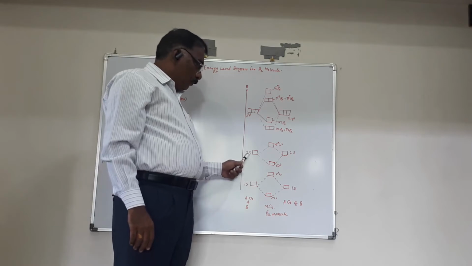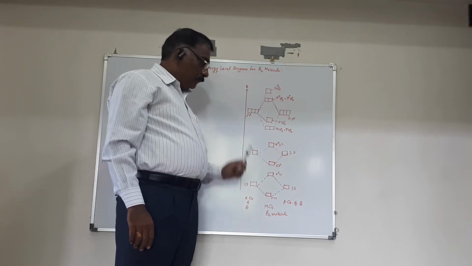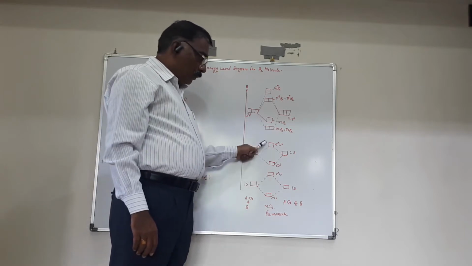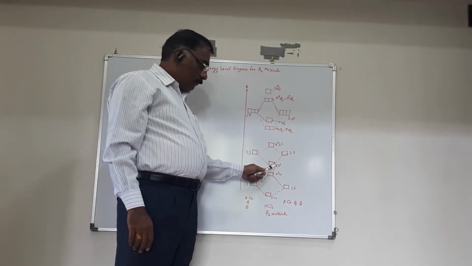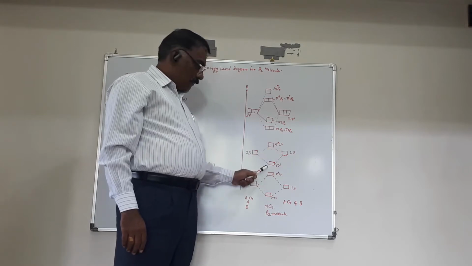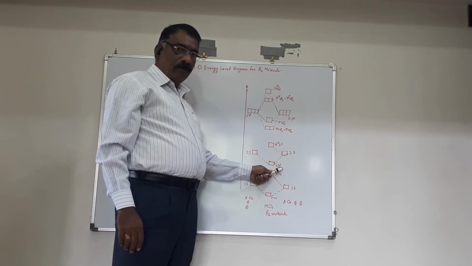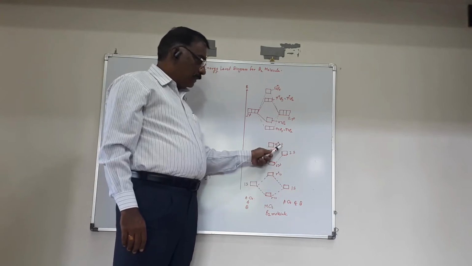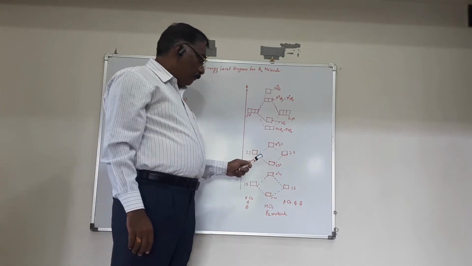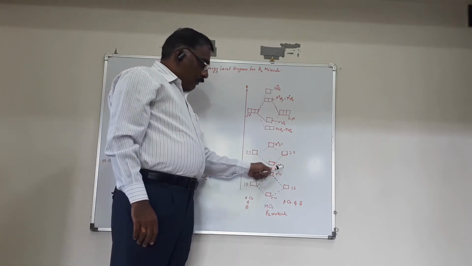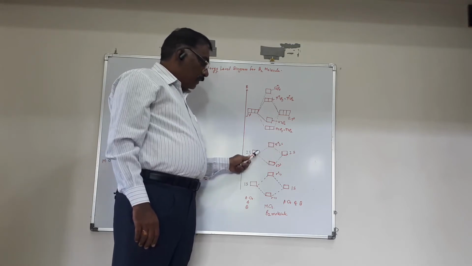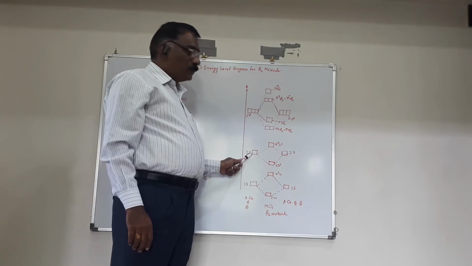When there is combination of the 2s orbital of the first boron and the 2s orbital of the second boron, in between there are molecular orbitals: the first one is sigma 2s and the other is sigma star 2s. Sigma 2s is the BMO, bonding molecular orbital, while sigma star 2s is the antibonding molecular orbital, the ABMO. Sigma 2s has lower energy than the atomic orbitals. Sigma star 2s has higher energy than the atomic 2s orbitals.